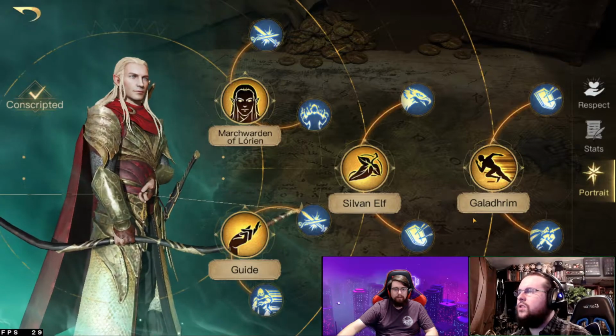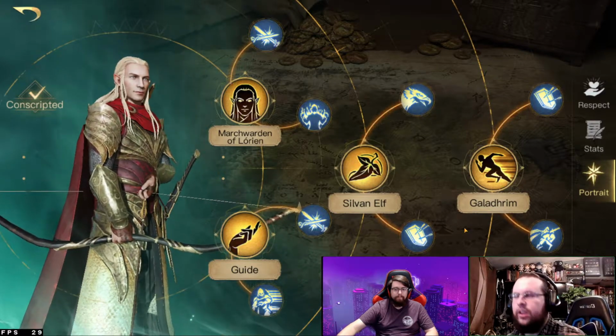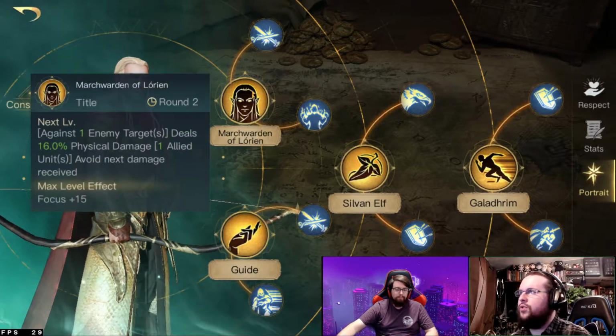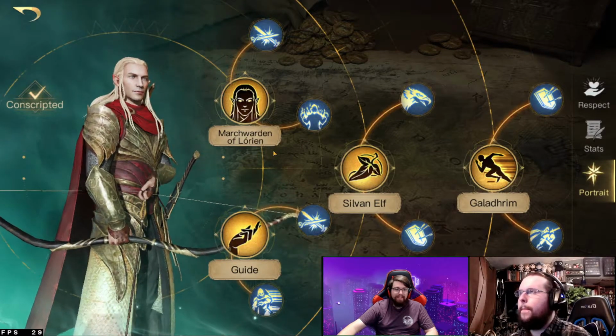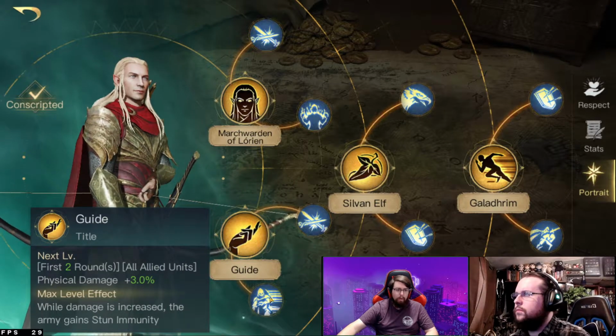All right, sweet. So let's break it down. If you're respect 1 with him, if you're a new player and you just got him and you're only respect 1, what would you think the best setup of the first 2 trees would be? I think you would be maxing Guide first, and then you would be putting 1 point